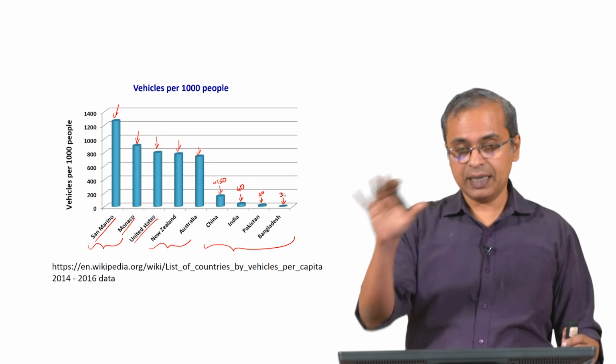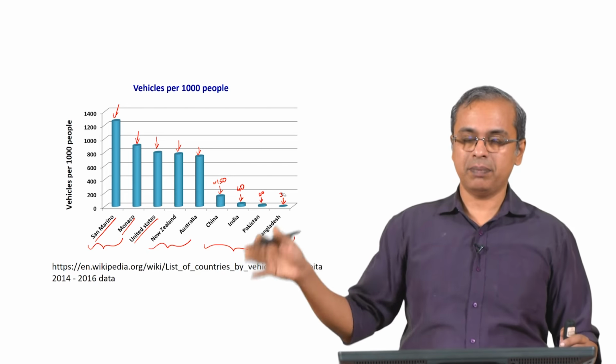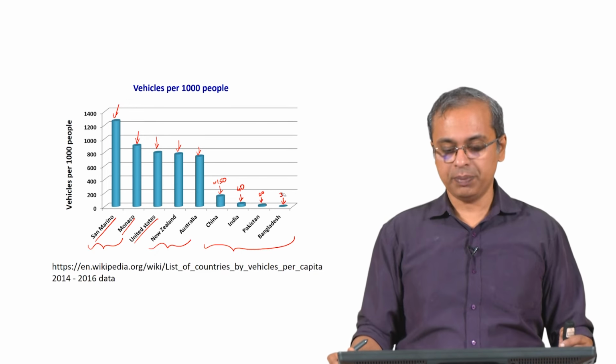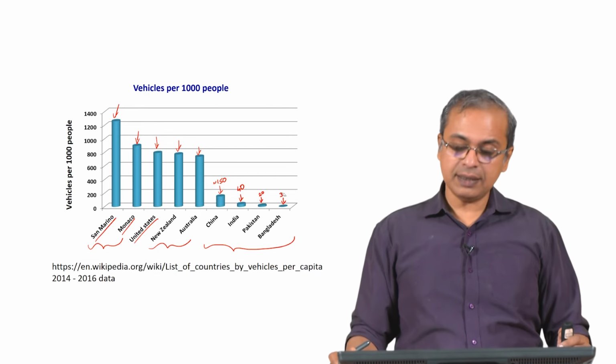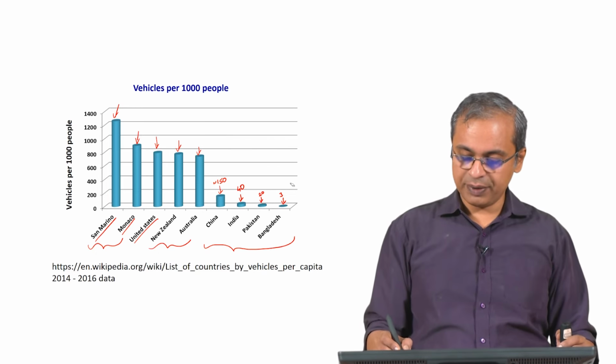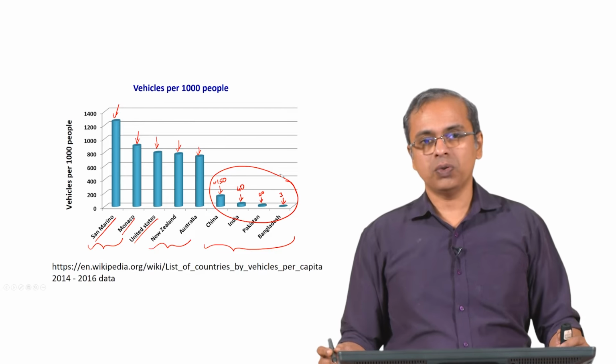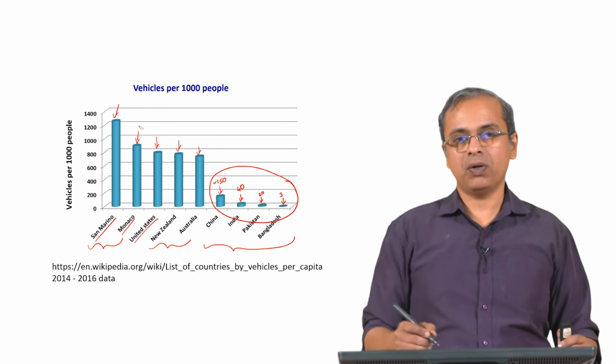Right. So, even in our neighborhood between China, India, Pakistan and Bangladesh, there is significant variation in the number of vehicles for every 1,000 people. This also means that this is the place where there is considerable scope for growth. See, if there is already a household of 4 people, like in the United States, where 4 people already have 3 vehicles,